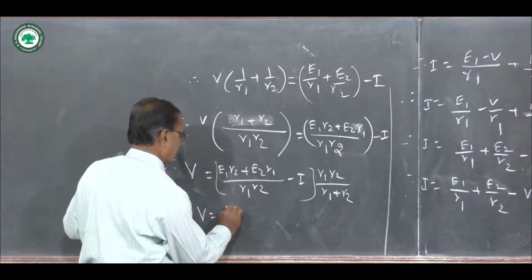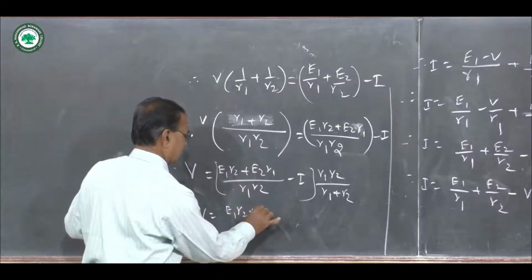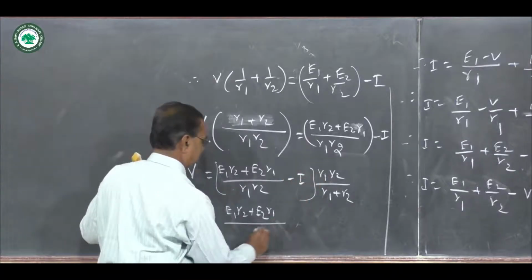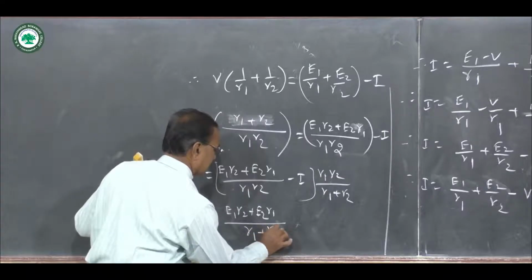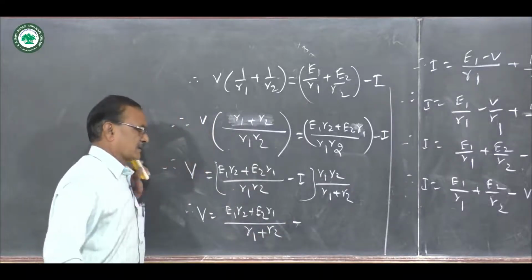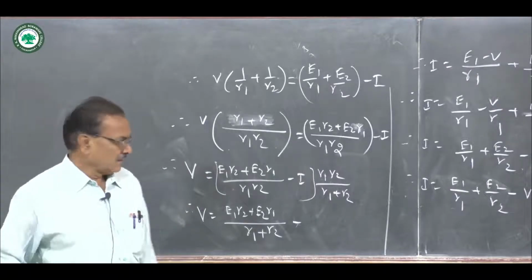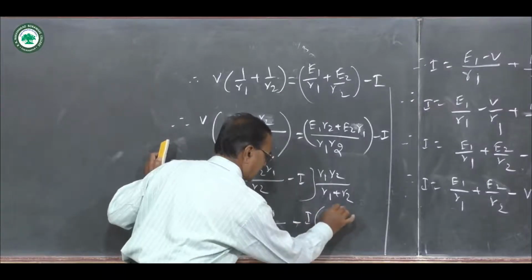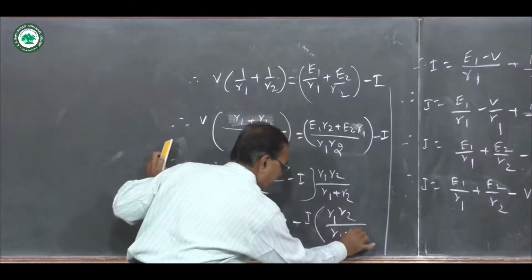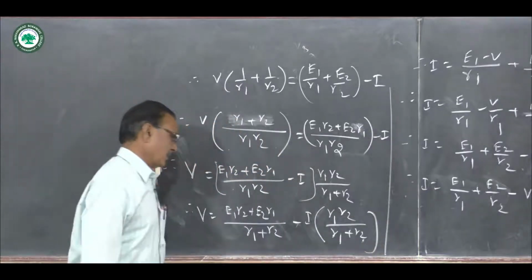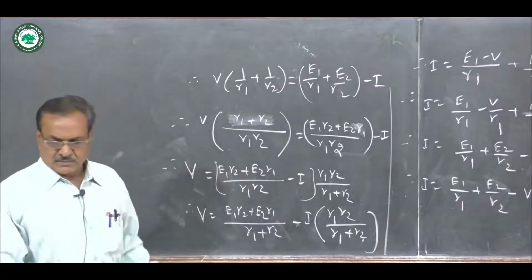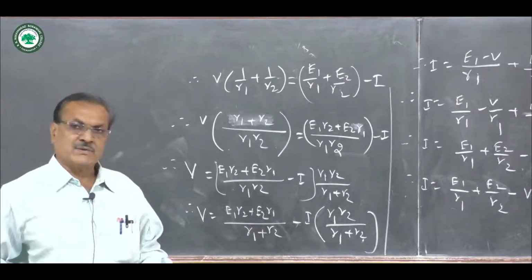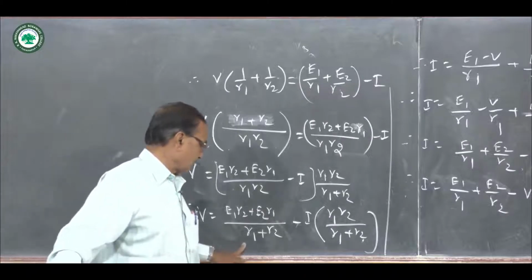So therefore E1 R2 plus E2 R1 upon R1 R2 will cancel, remaining R1 plus R2, minus I, multiplying minus I to these terms, so minus I in bracket R1 R2 upon R1 plus R2. Now the potential V is equal to E1 R2 plus E2 R1 upon R1 plus R2 minus I in bracket